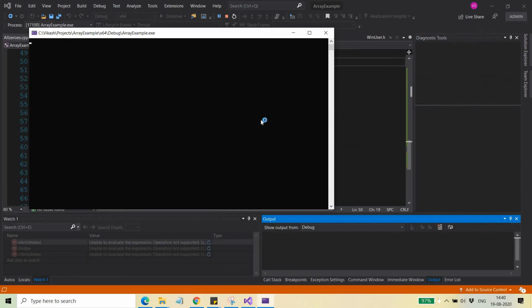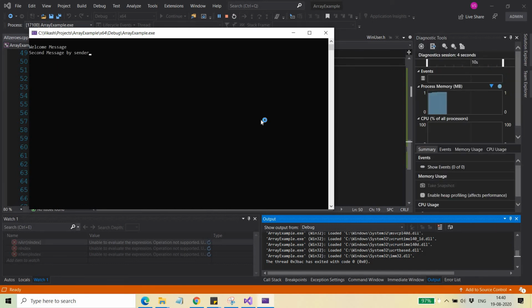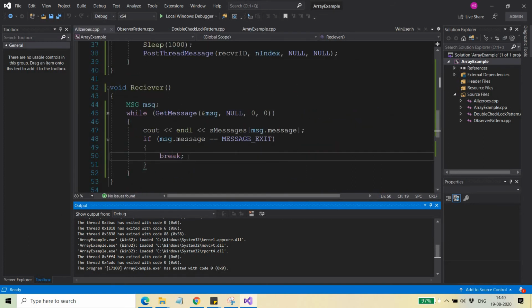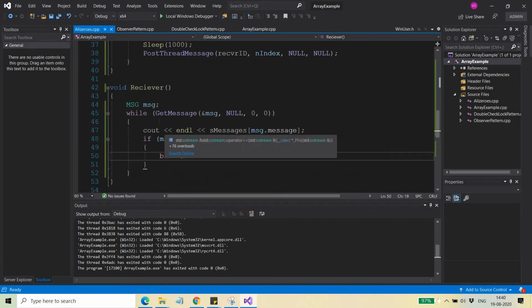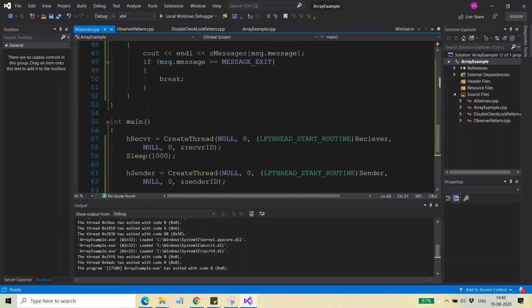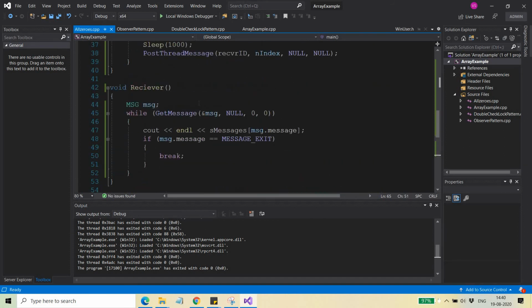And you will notice one more thing, that the first message was not coming here, and that is because of the sleep that I have added. Because I already told you, here you can see that after the last message, exiting after this message, this might have broken. After this break, this loop got a break, and after that we come to here, and here it was waiting on these two threads, and since both the threads were done, the program was done, right? So I hope you understood what I did here. Once the message exit is done, I just broke out of it.